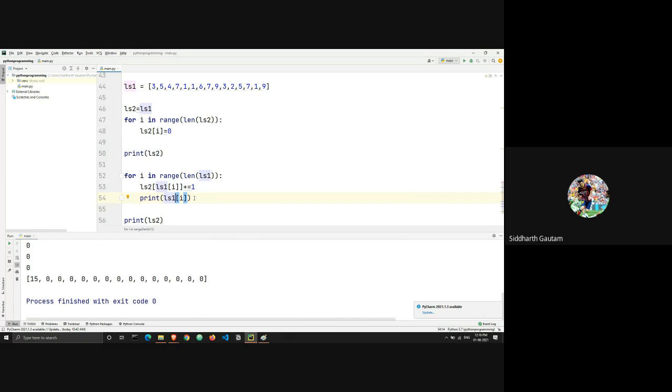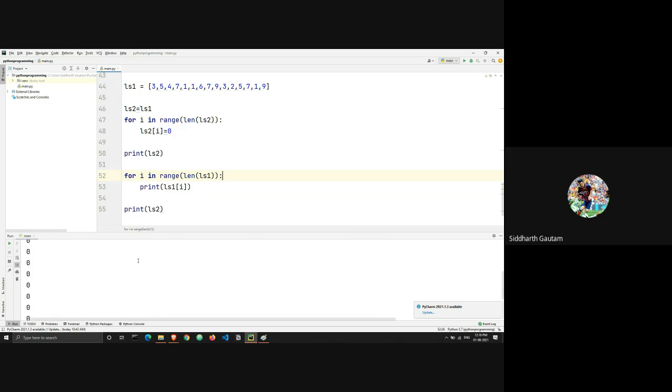Okay, why is it? Did ls1 also turn into all zeros? It shouldn't happen like this. Let me just print this. Yep, so when it's iterating through the first list, it's still giving me all zeros. That should not be happening.